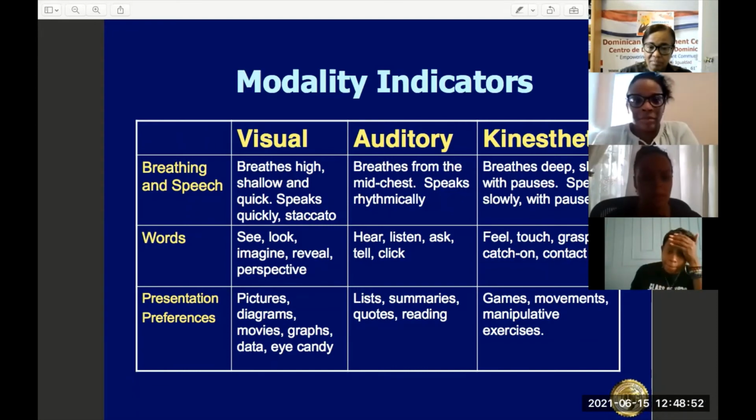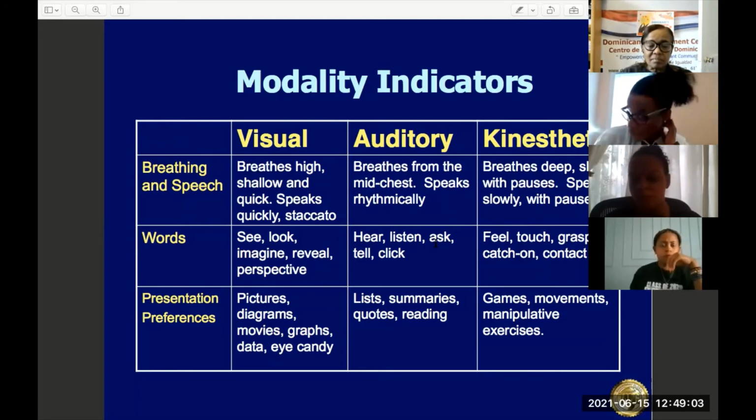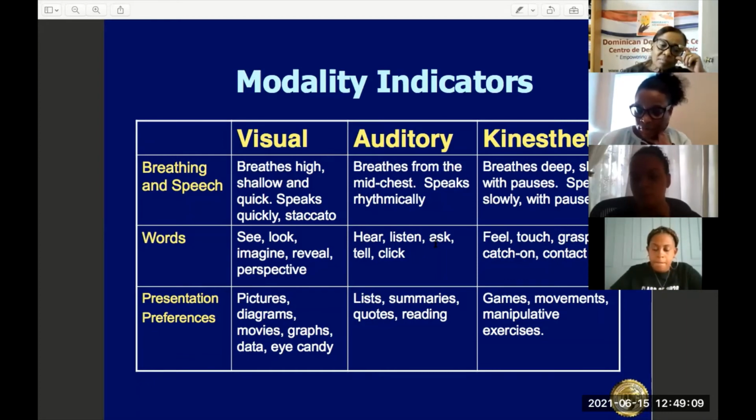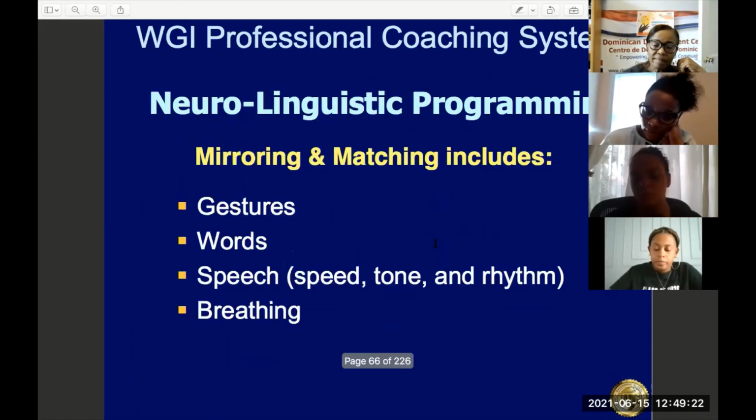Later we're going to do an exercise to try to identify it in each other. So next we're going to get into the third layer. Once you can learn to identify based on the person's language, their breathing and speech, and their eyes and their gestures, and adapt your presentation style to that person based on what you're observing,